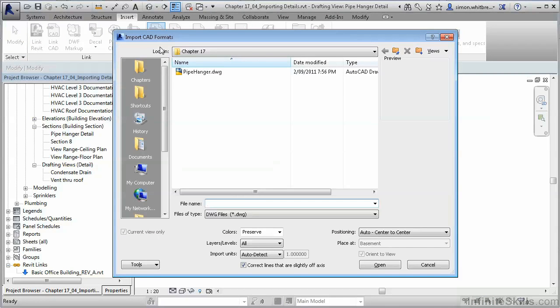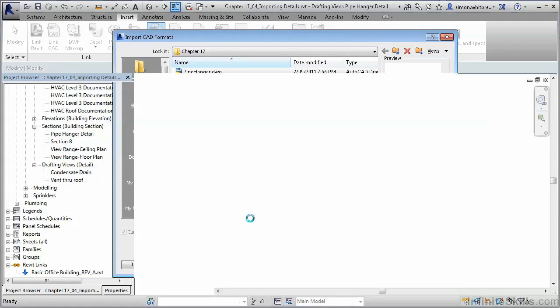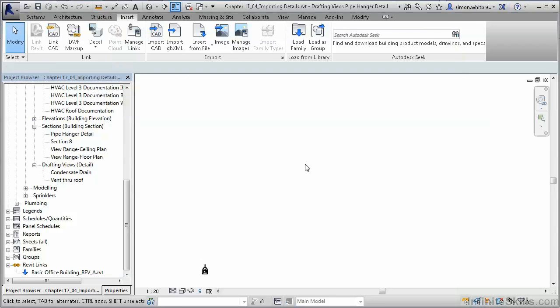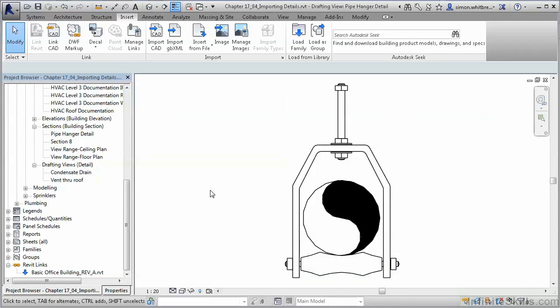From your Chapter 17 folder, select the pipehanger.dwg. Change the colours to black and white. Auto detect the import units and uncheck the correct lines that are slightly off axis. Click on Open. In this view, we can now right-click and zoom to fit, and you can see we have